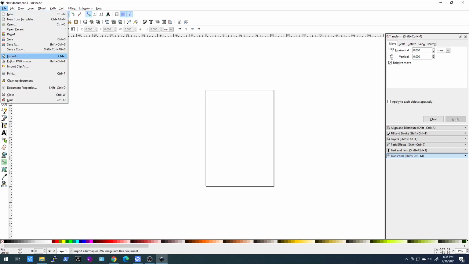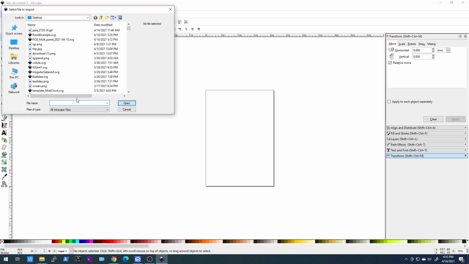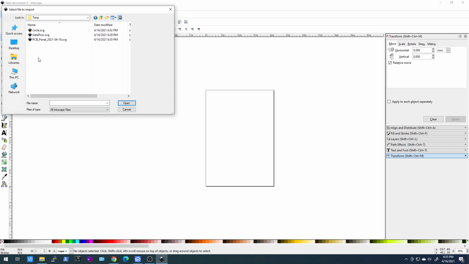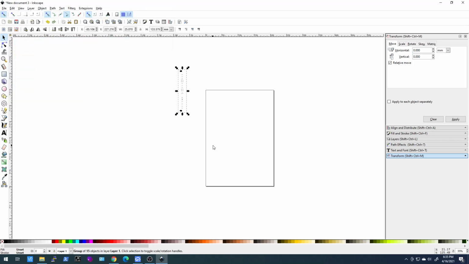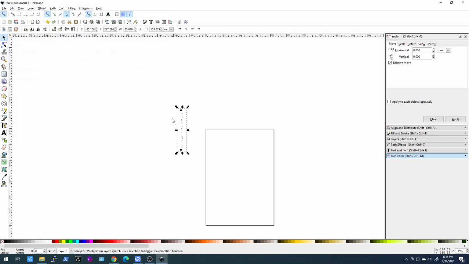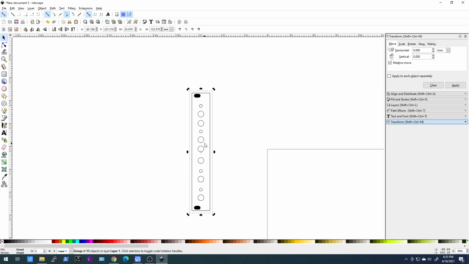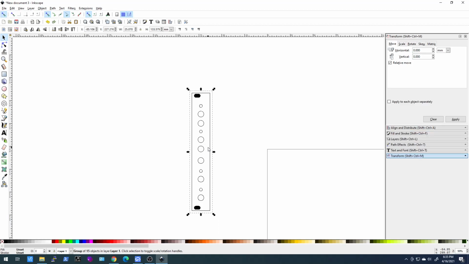I'm going to go to File, Import. I just created a new file, the default file that you get when you first open Inkscape. We're going to click on Import, and I will go down to here and open it up, and there we go. So you'll see we have our panel design here. This is important because we can use this as a template in order to design our